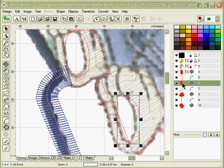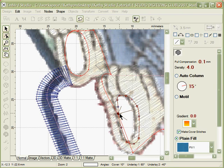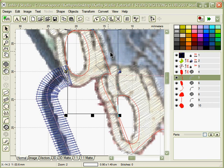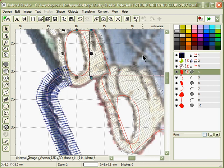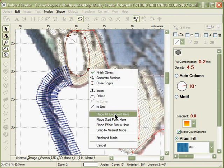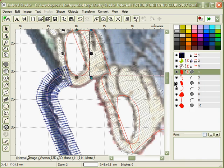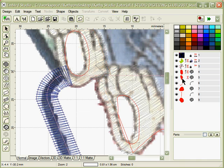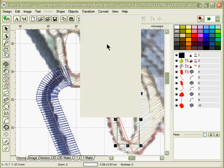Then I went over and I digitized the other inside pad, and I started my node right there. Create Fill Object tool. I went back and I added a connection stitch between the two objects. You can also go back in and change your node, place fill endpoint here, and what that will do is make your connection stitch shorter. Transform, Create Connection,